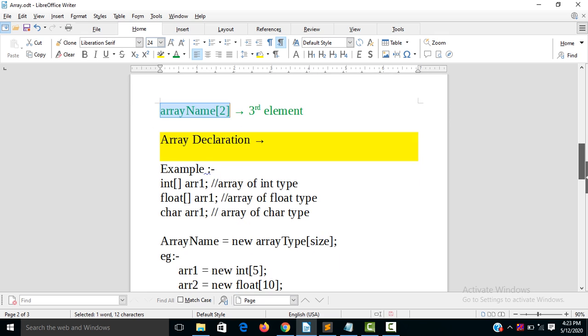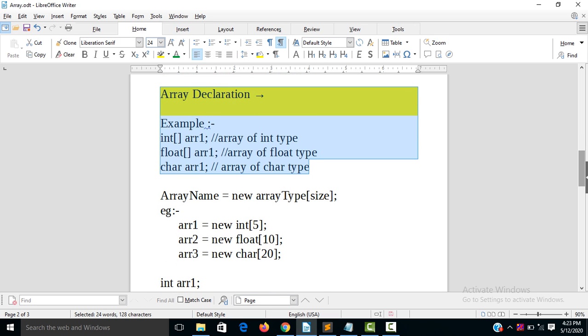Okay, and here is the array declaration. We will understand how an array is declared through this. So array declaration is here. Here is the example: int arr1. Here is the declaration part, an array of int type.